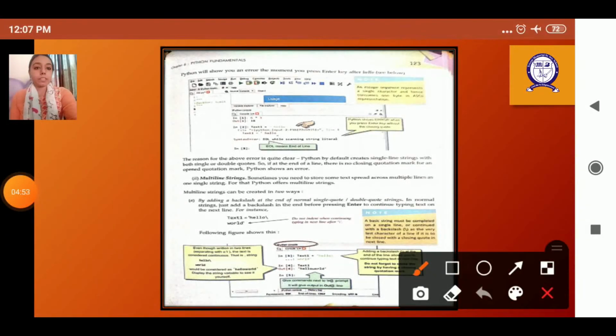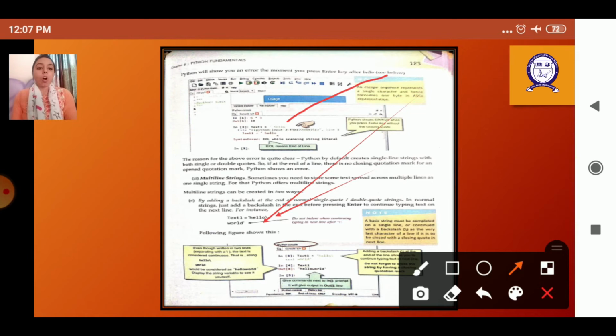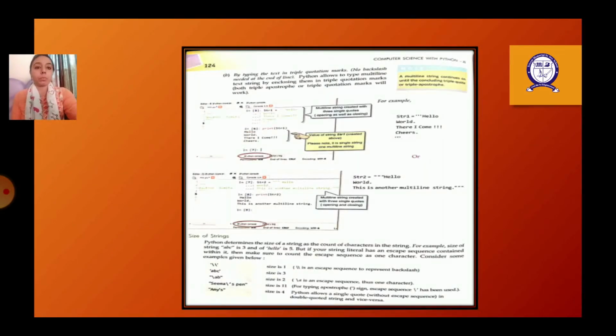Here you can see this is a string literal, and if it is covering more than one line, then it should be in the triple quotes, starting in the triple quotes and ending with the triple quotes. Here we have hello and here we have world. So either we can use this backslash sign, or we can use the triple quotes for this purpose to specify the string which is in more than one line. Okay, so here we are given the rule for it.